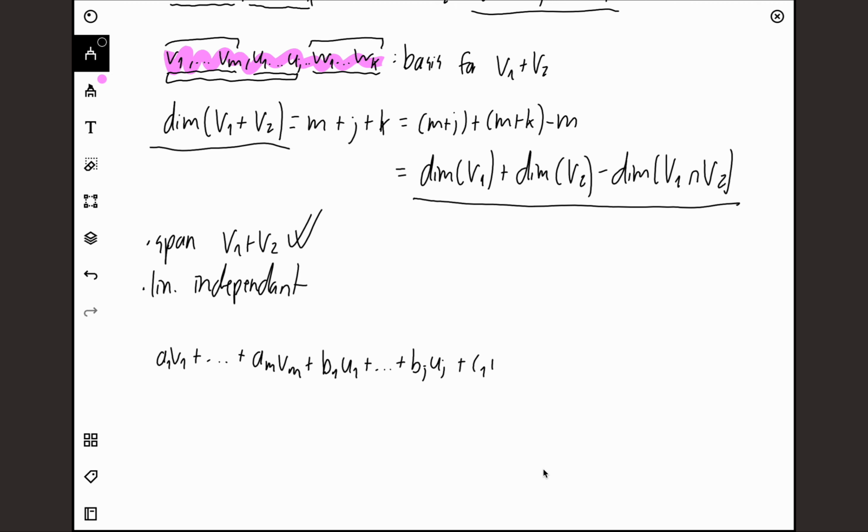So plus c1 w1 plus up to ck wk equals 0. So this combination of vectors gives us the 0 vector, and now we want